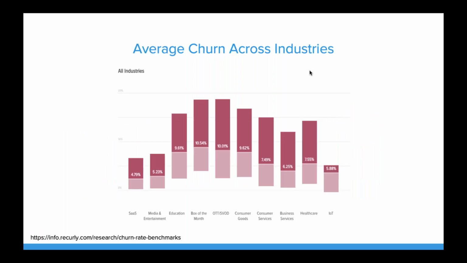Now, churn varies a lot. There are a bunch of great benchmarks from Recurly in this article of theirs. There are a couple of different ways to cut the averages, but certainly there are wide variances across different industries. You see anything from say 5% to 10% typical churn rates, but clearly it's a very different situation in different industries, and within different industries there's a wide range.